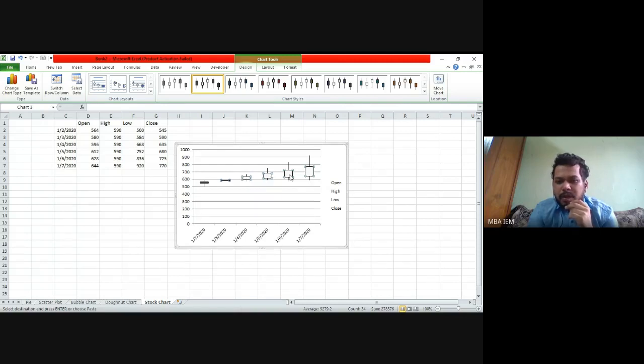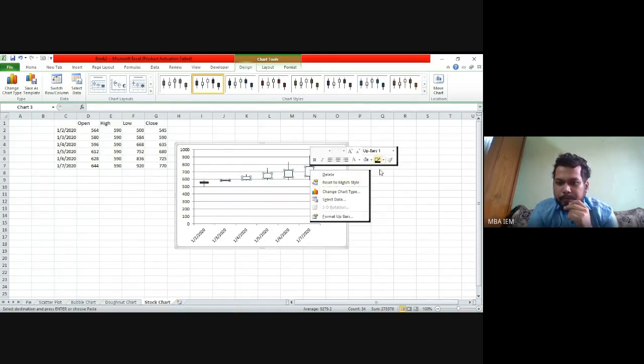If I click on single, if we click on any one of the whites, you can see that all the other white rectangles are selected. So if I make a change in a single one, the data for all the whites will get changed. So what I will do, I'll just change the color.